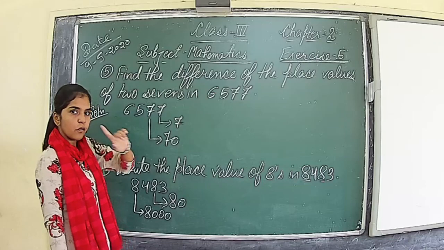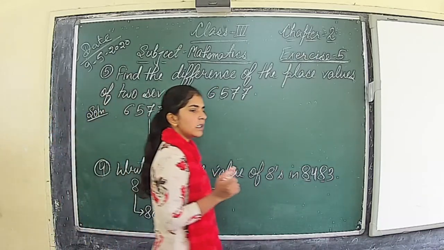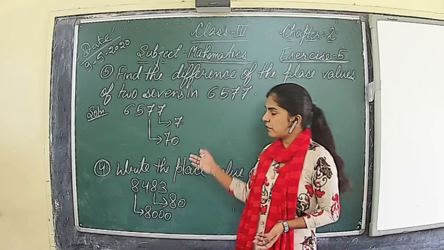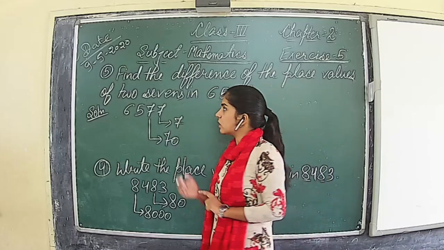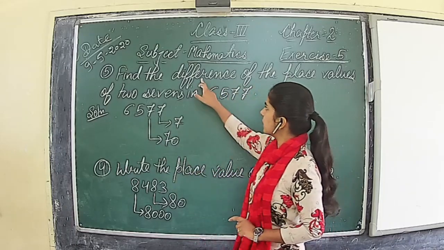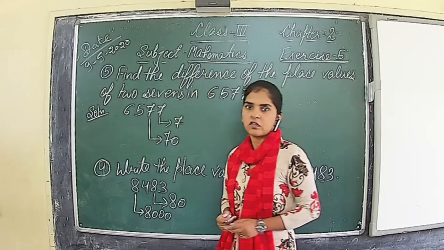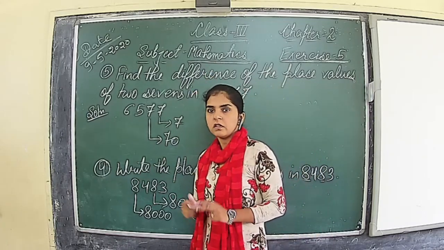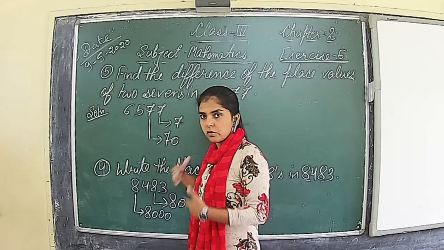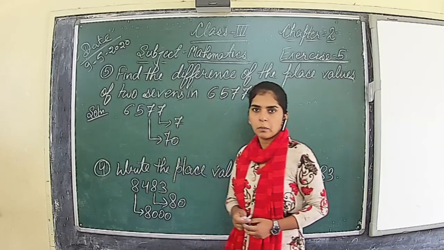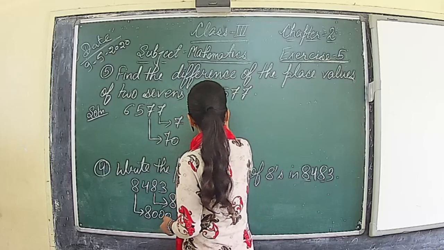First step we have solved already. We already find the place value of these two sevens, right? Now only one thing is left, which is now we have to find the difference. Difference, math difference means subtraction. It means we need to find the result of subtraction between these two numbers. So, after that we will write here difference is equal to,